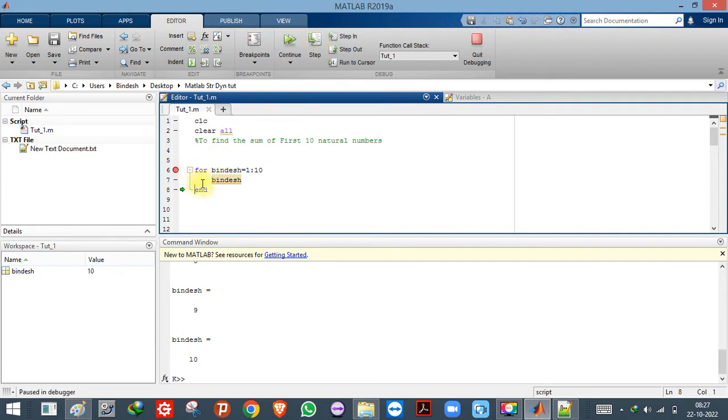This operation is simply used; there are many ways to execute the solution. Now we need to find the sum of the first 10 natural numbers, okay. So I'll again make it I. Now the sum of the first 10 natural numbers means 1 plus 2 plus 3 plus 4 plus 5, isn't it? So what I'll do is